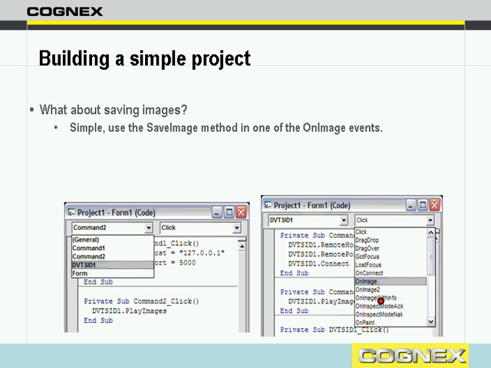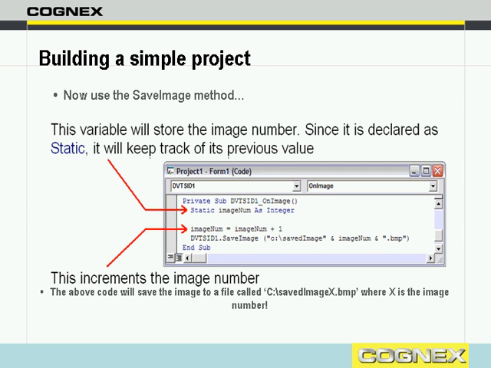So you can use the on-image with info event to save the image, and at that point you can append anything you want to the name of that file, which would be a bitmap file. And if you're using, again, the on-image with info event, you can get the result of the inspection, and you can even add that to the name of that file that you're creating. So here's, again, a snippet, a screenshot of what you would do in a Visual Basic 6 environment,